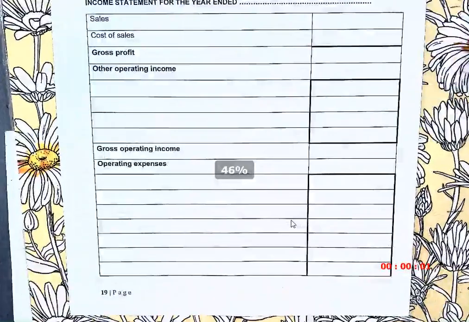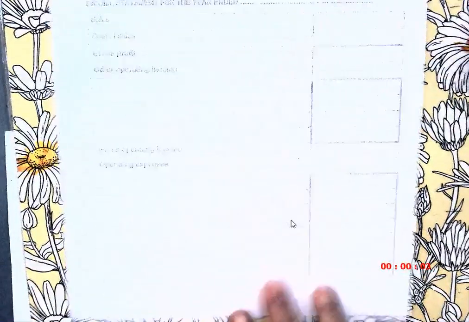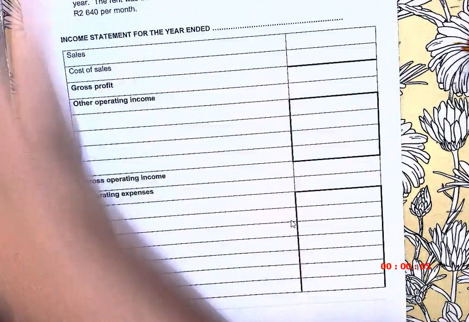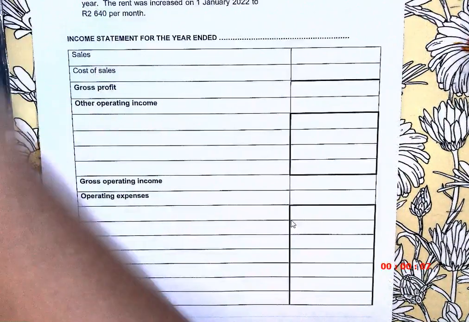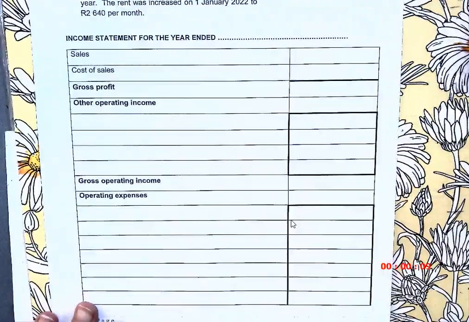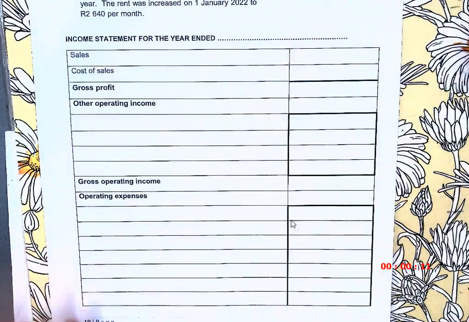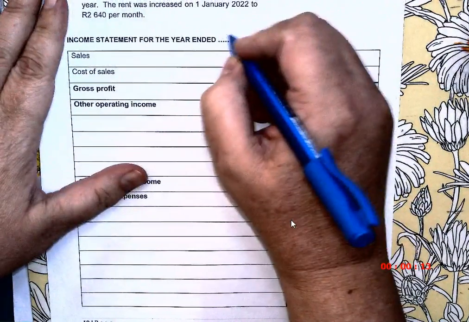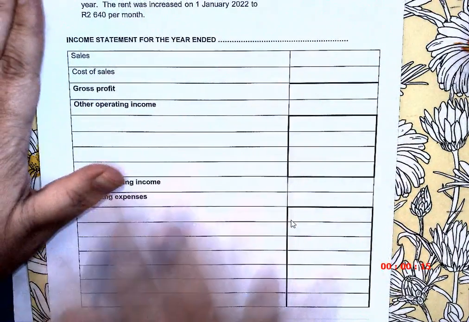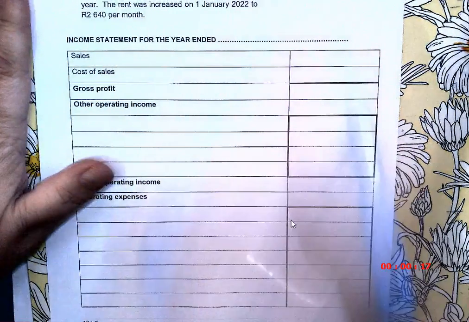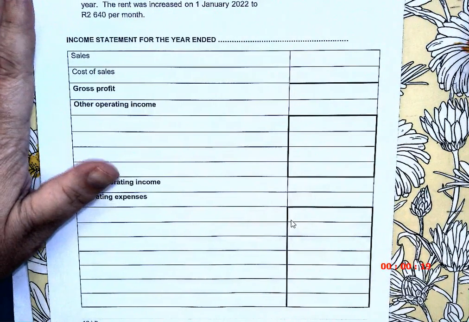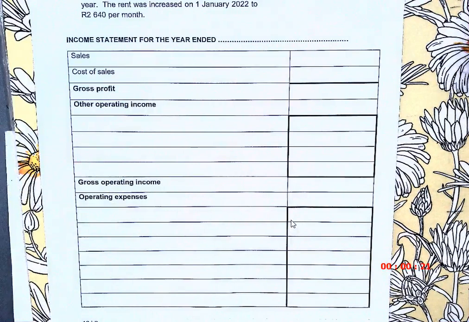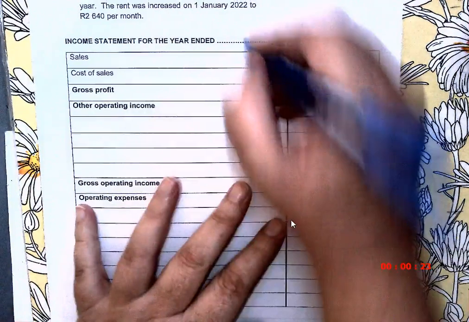The first thing you do when you get an income statement. Okay, so I see this one doesn't have a date. I just need to find my pen. This one doesn't have a date, so I put in the date. It's important because it's easier to quickly look at the top of your income statement to see when the year ends. And you see the year ends 29 Feb